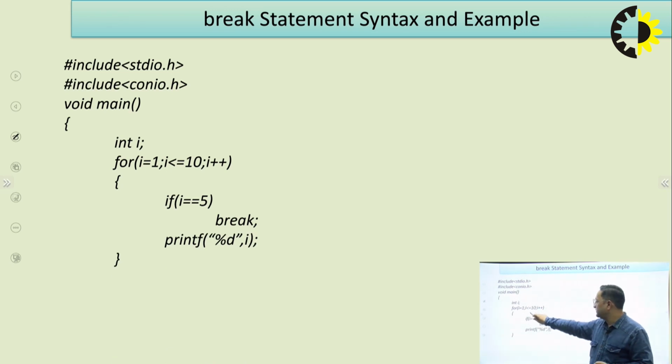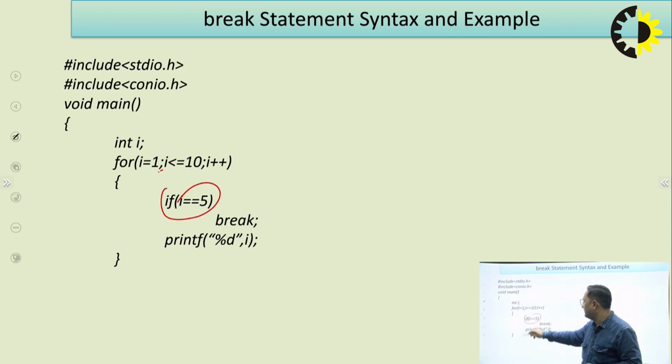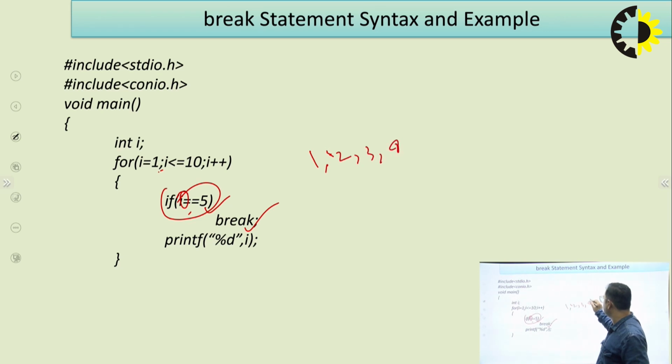You are printing numbers. The intent was to print the numbers from 1 to 10, but the moment you encounter 5, you decide you do not want to print any more, you have enough, 4 numbers to print. So till 4 it works fine, but the moment the value of i becomes 5, it will break, and once it breaks, no more iteration will happen. So the output of this program will be 1, 2, 3 and 4, because at 5 you have exited. So this is the